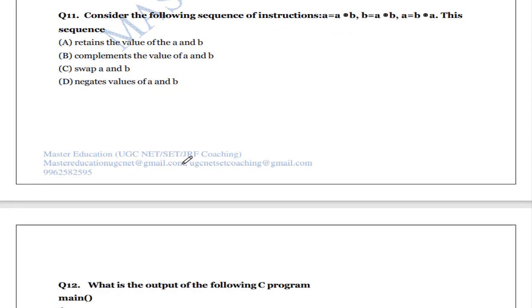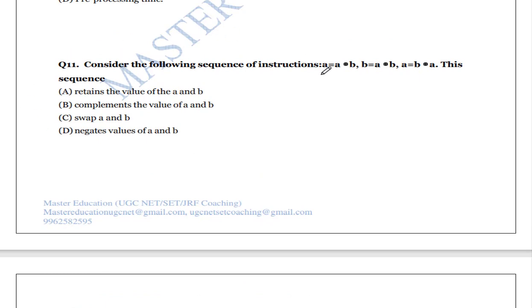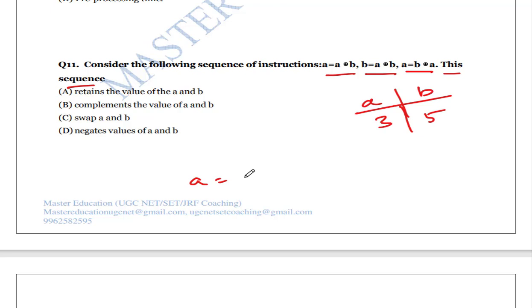The next question, consider the following sequence of instructions: a equal to a exclusive OR b, b equal to a exclusive OR b, and again a equal to a exclusive OR b. So in this sequence, what happens? Consider some variables a and b, say 3 and 5. So what happens? A equal to a exclusive OR b. That is, the value of a is 0, 1, 1, and the value of b is 1, 0, 1. If you do exclusive OR on 0, 1, 1 and 1, 0, 1,